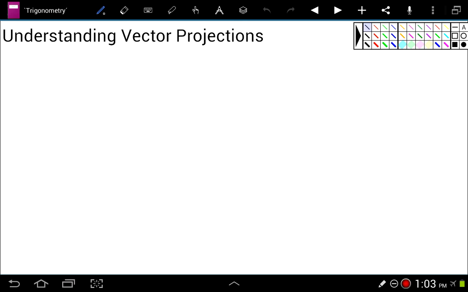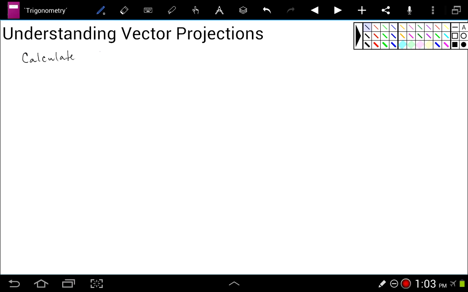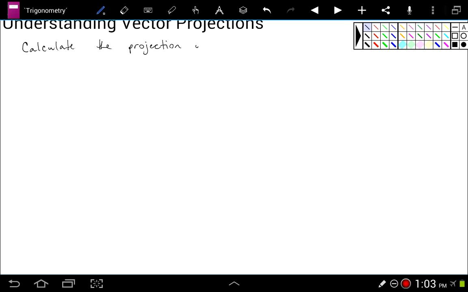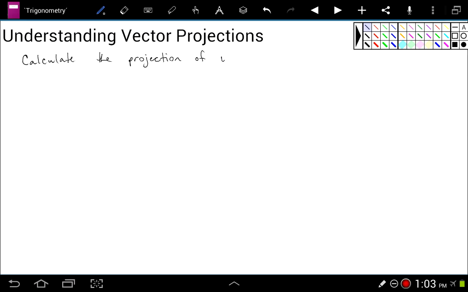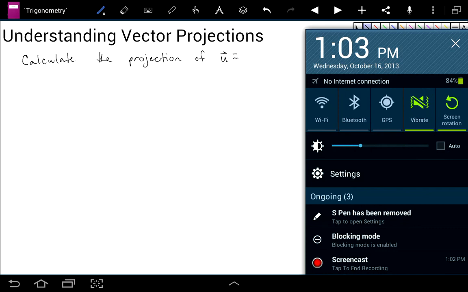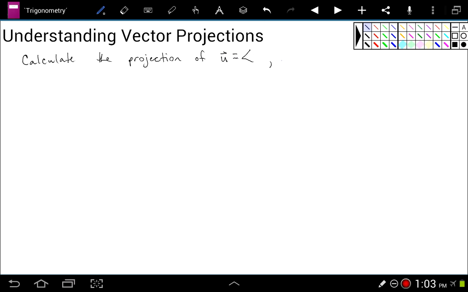So the first thing is, you may see something like: calculate the projection of vector u, which might be given to us in some sort of component form here. Calculate the projection of vector u onto some other vector v, which could also be given in its component form. Okay? So just to give you the framework for what we'd be doing here. Now, the projection of u onto v,